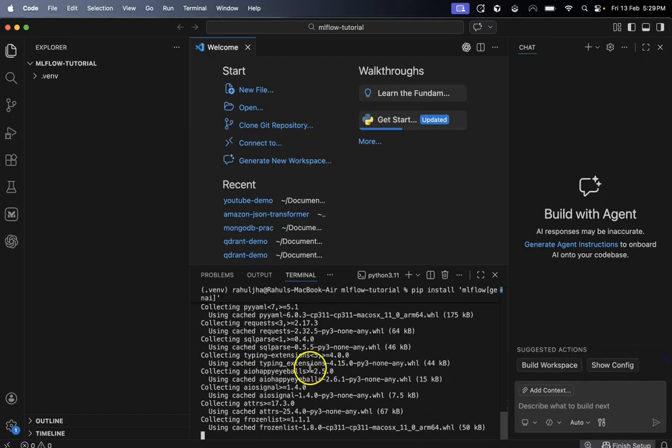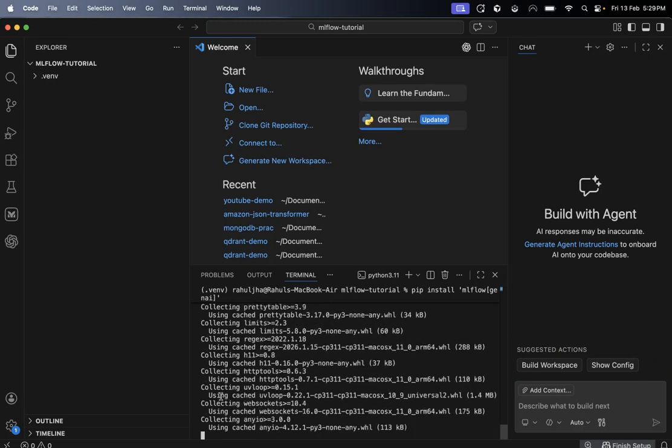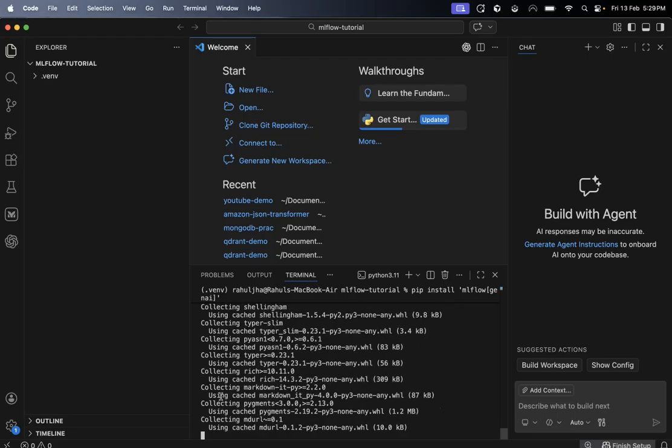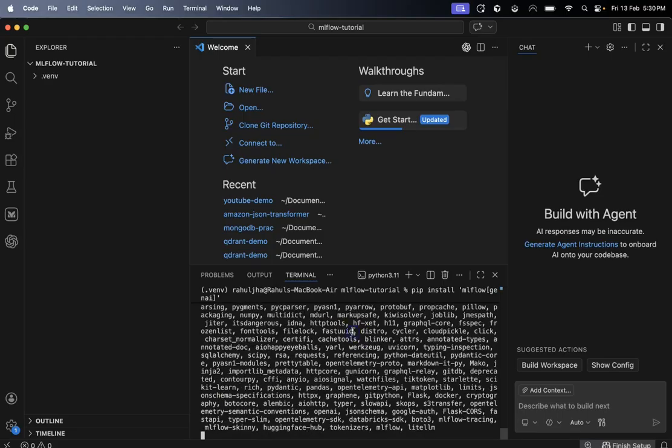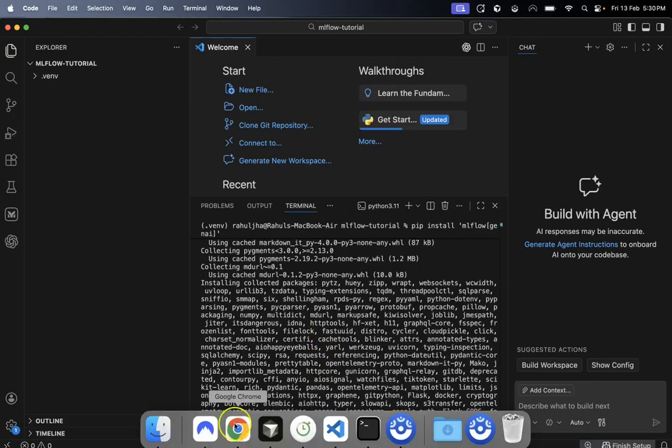Okay, it will take some time, although I did install it previously, so it will be using mostly the cached versions of the packages. So let it complete. Meanwhile, what we want to do is set up two different models from two different providers in the API gateway. So let's arrange the API keys for that.